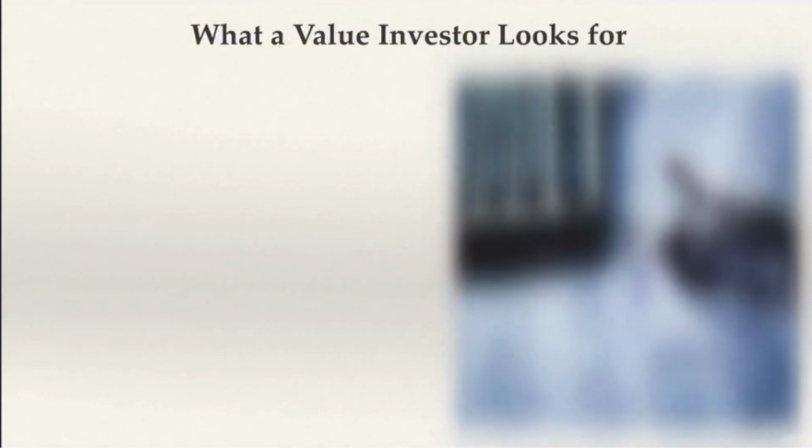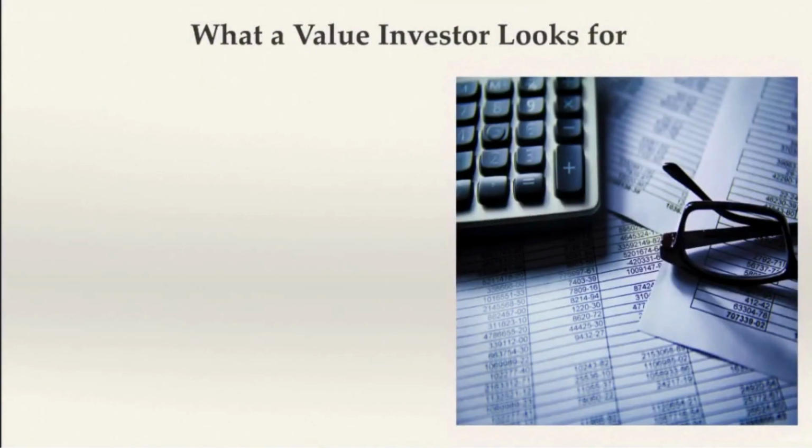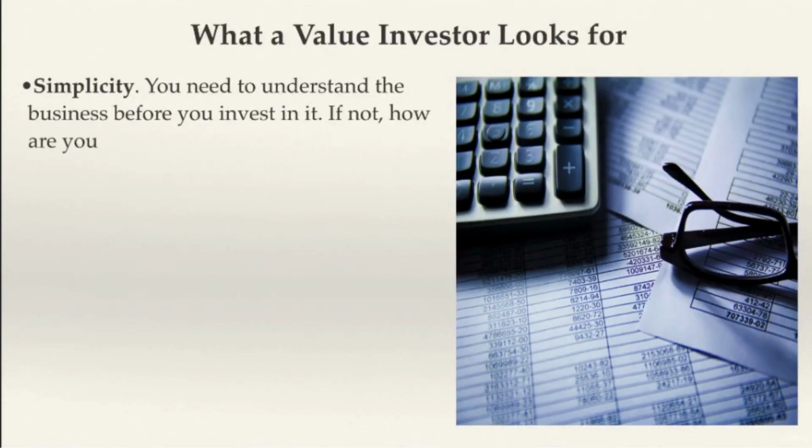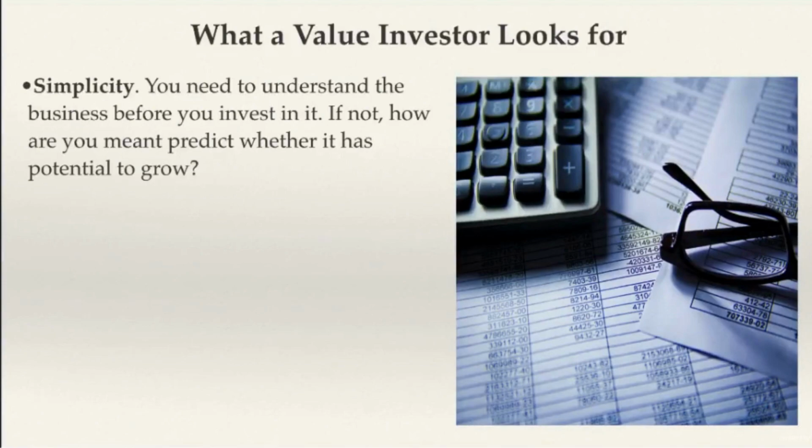Let's recap what Buffett and other value investors look for. The first trait is that the company should be simple and easy to understand. We've talked about this many times, but it's something you can't forget if you plan on doing well. A good example of this is that Warren Buffett himself actually missed out on the tech bubble of 2000, as he didn't understand what most of those companies were doing. As you probably know, by 2001, most of those tech companies lost over 70% of their share prices, while others even went bankrupt.